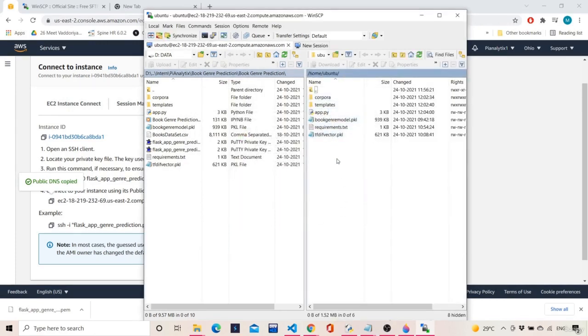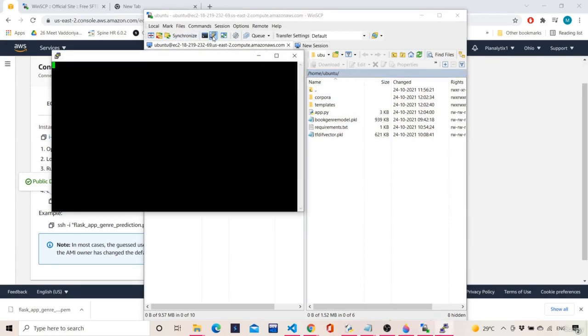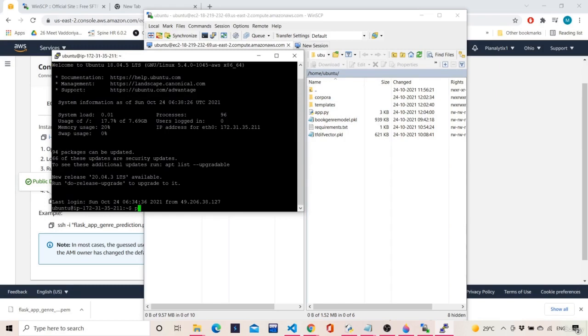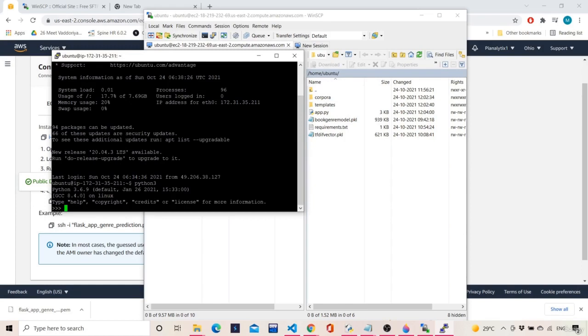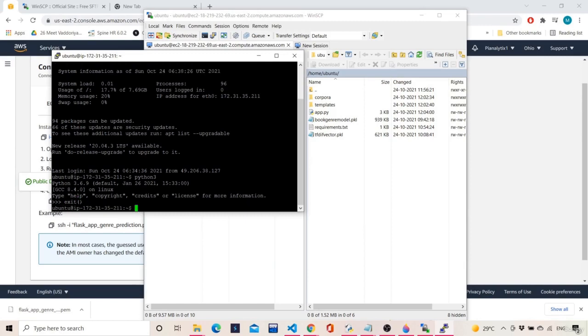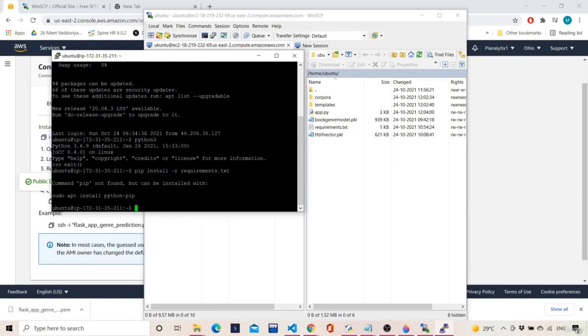And then over here we have this. If I just type in Python 3, yeah, Python is already installed in my system. So basically I just need to directly write pip install -r requirements.txt. The pip command is not found, so I have to install pip.